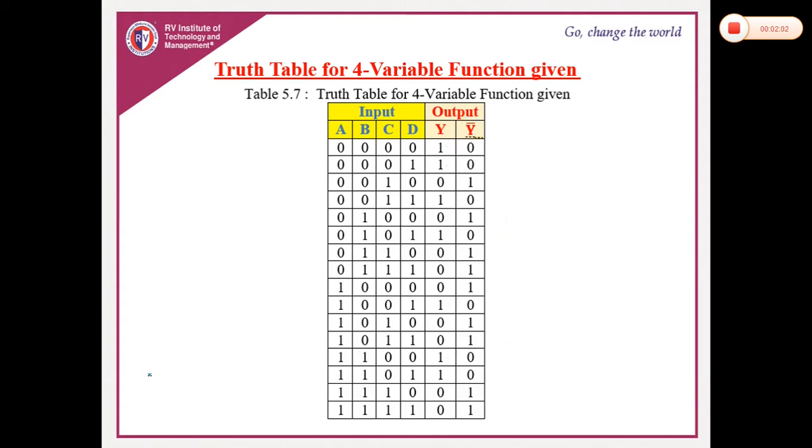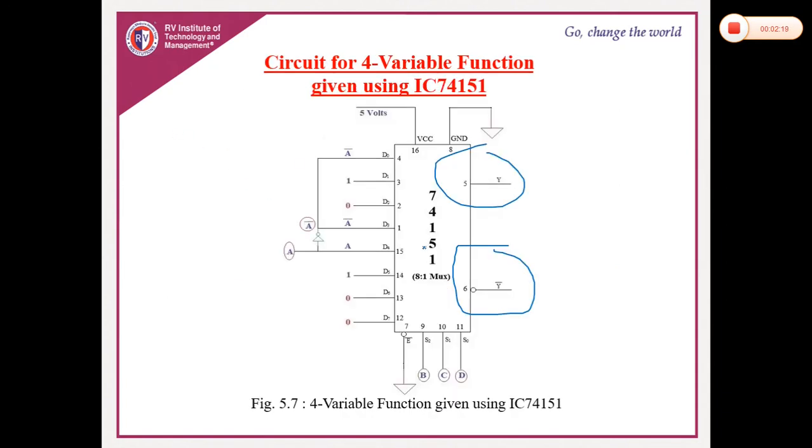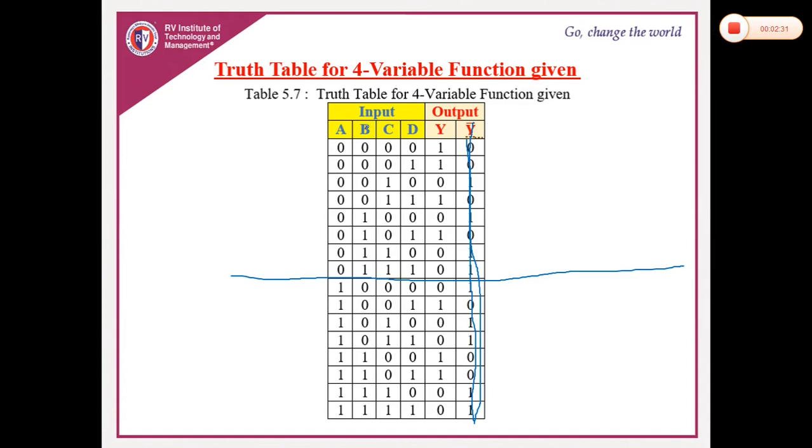Once you are able to write this truth table, our job is very easy. As usual, we did it for full adder and full subtractor, right? Same thing, divide the entire table into 2 equal parts. I am not concentrating on this Y bar for the time being, please excuse. For the 8:1 multiplexer IC, we have 3 select inputs, so I'll reserve them for B, C, D respectively. The only thing left out is the A input. Whenever we say A, B, C, D, this B, C, D I'll reserve as S2, S1 and S0 respectively.